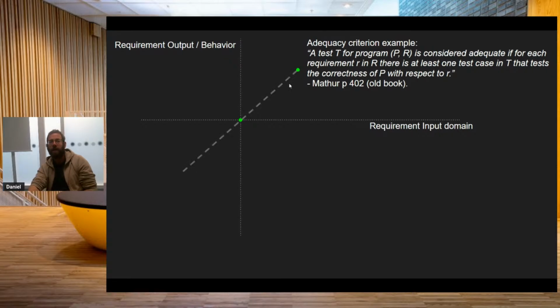If you are like me, I would draw a line through them, right? So we see a linear relationship just now through these dots. And if this assumption is correct, in order to test a linear relationship, we would need more than one dot. We would need at least 2 dots in order to see that we have a linear relationship. So if the system is producing linear output, then maybe this is good enough for us in order to cover